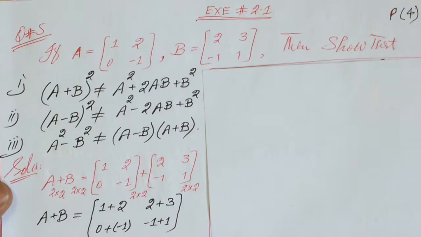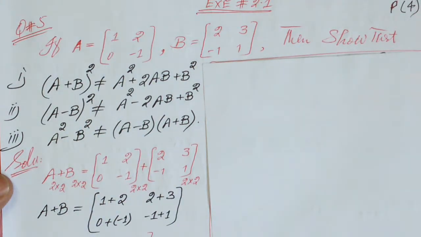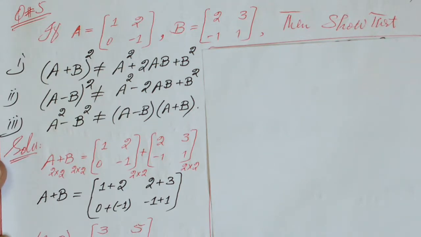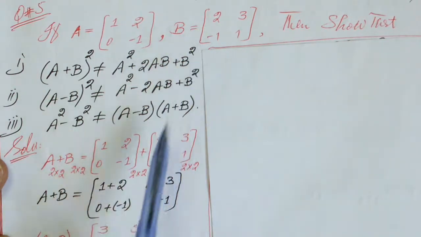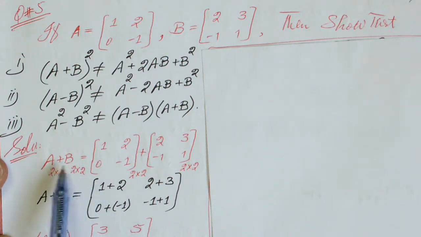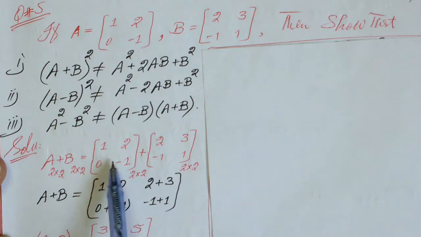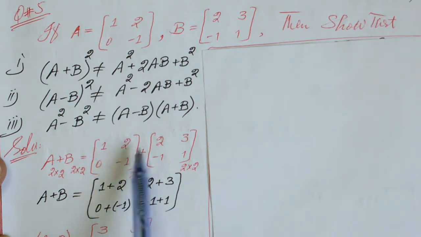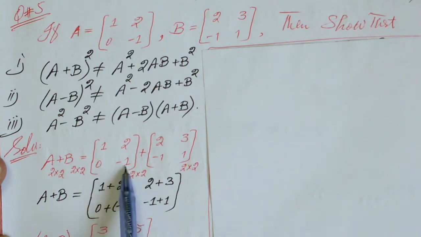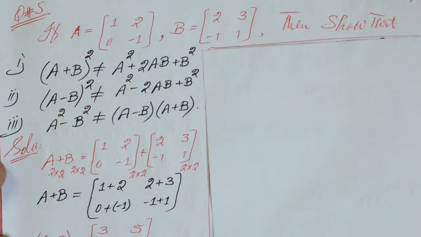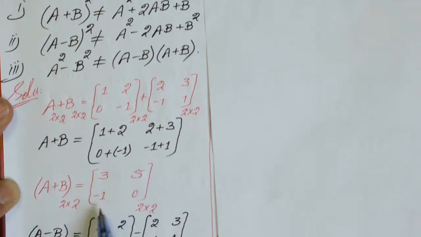So for the verification of these statements, we apply a counter example. The order of the matrix A is 2 cross 2, and the order of the matrix B is also 2 cross 2. The addition of the matrix A with the matrix B is possible, because addition of matrices is possible only when the order of these matrices is the same. Add the corresponding elements of these matrices. Add 1 with 2, 2 with 3, 0 with minus 1, minus 1 with 1. The resultant quantity is 3, 5, 1,